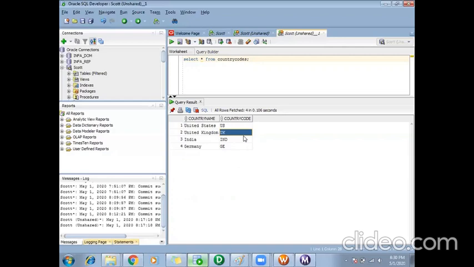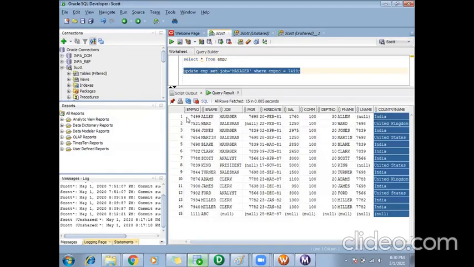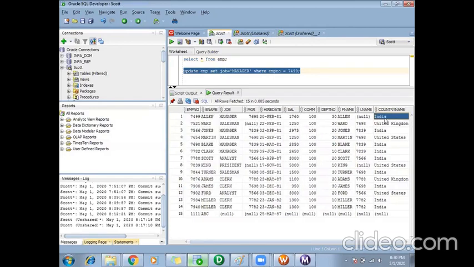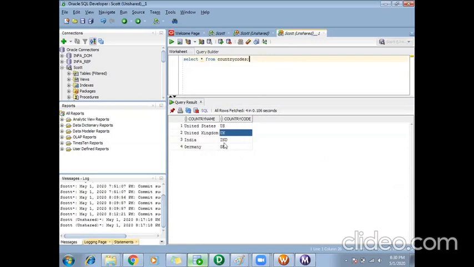Okay. So this is my source table, employee. I will take the country name of each employee, go to this country code table, do a lookup on this table based on that country name, and I'll get the country code.